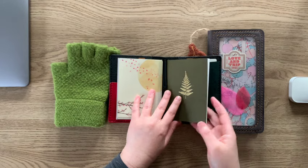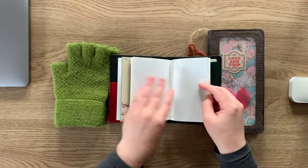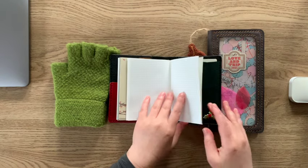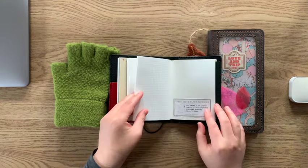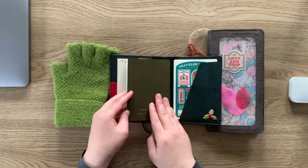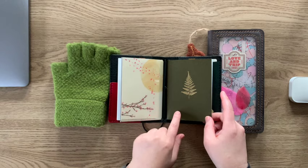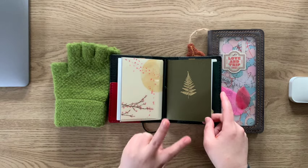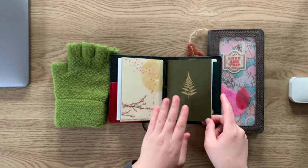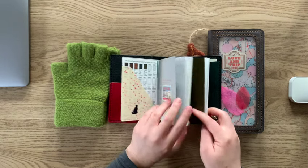And then this insert here, this is the Serica Studio notebook insert. And again, it's beautiful Tomoe River paper, beautiful gridded paper as well. It comes with, I believe, 100 pages. So I love that there are so many pages in here and I can use it for so long. This is the second one that I'm using. I already finished an entire first one, and the fern design is one of her first two designs, and the other one was a floral design on a burgundy red, and that's the one I've finished. Now I'm on to this one, but I have been pairing this with the Papertess Designs Undated